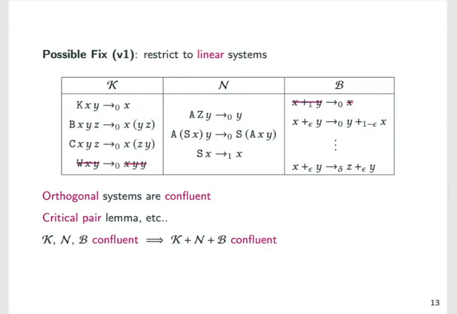And that is indeed the case, because if we restrict our analysis to linear systems, which means that we do not allow reductions to duplicate variables, essentially, then we indeed recover confluence of our systems. And we do so in a really nice way, because we recover all the proof techniques that we have in the traditional setting in this quantitative and linear setting. And using those techniques, as I said, we prove confluence of our system.